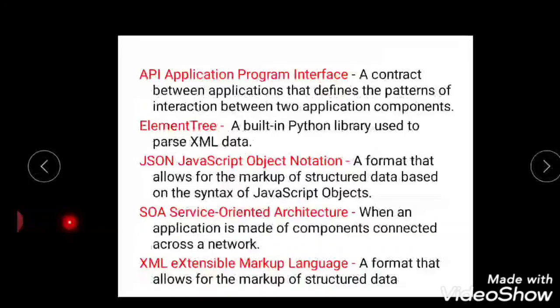So to know about these things and to get a better idea, you can have a glance at these applications. One application is talking about Google and one is talking about the Twitter API. So this is about using web services, and next we shall talk about using databases and SQL. Thank you.